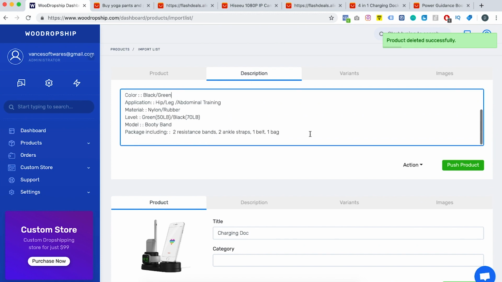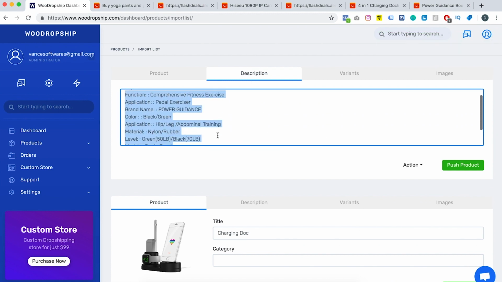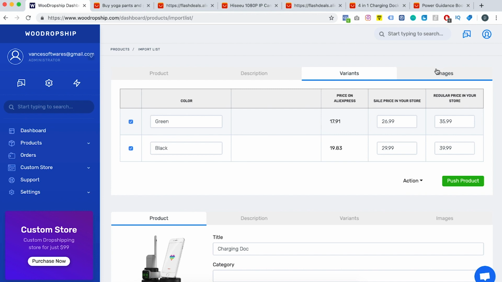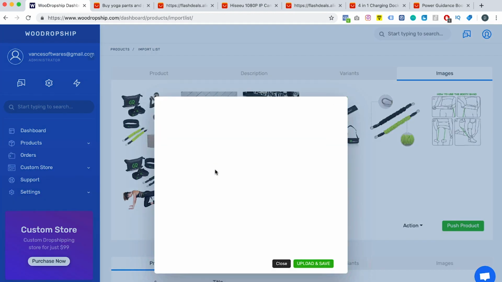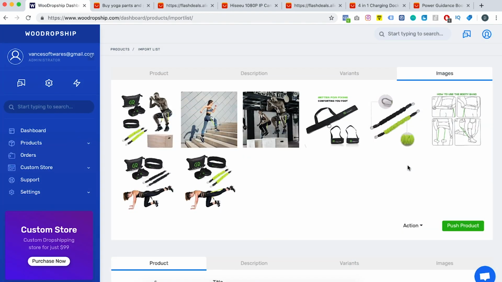Description, we can edit the description as we need. So again, we can actually edit this inside of WooCommerce, price on Aliexpress, sale price on your store, $29.99, and then you can have like $49.99 right over here, and you can do the same exact thing. We copy this, we paste this here, $29.99, and images, let's decide which images we want to go ahead and